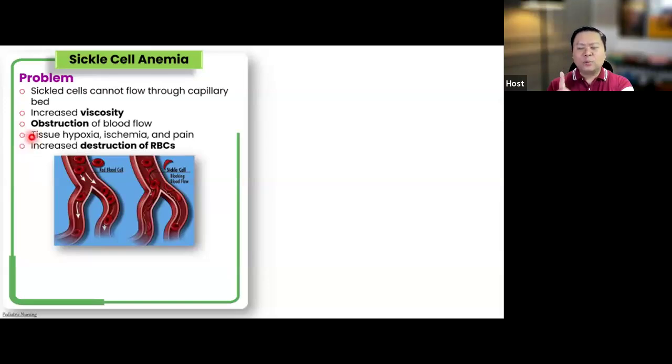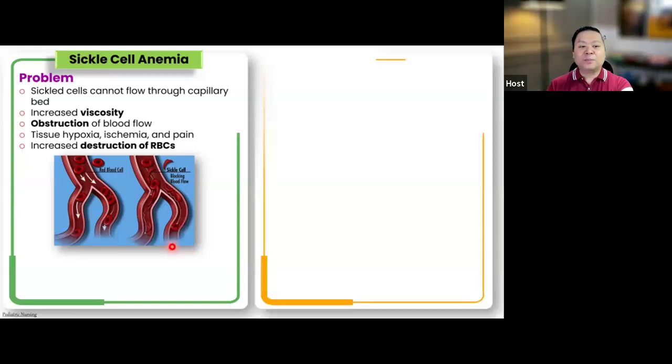So I really want you to pay attention to the problem in a patient with sickle cell anemia. Again, look into the circulation of the sickle RBC. It can cause increased viscosity. It can block the blood flow. It can impair the circulation, and it can impair the oxygenation of the major organs in the body. And so you will find that the person with sickle cell anemia